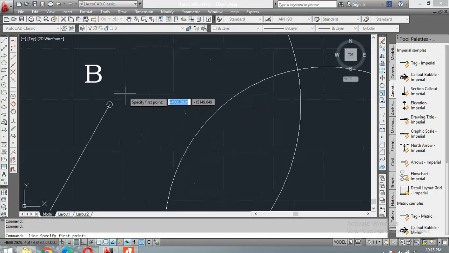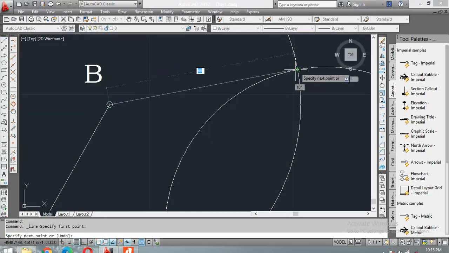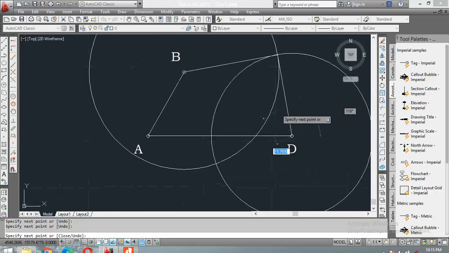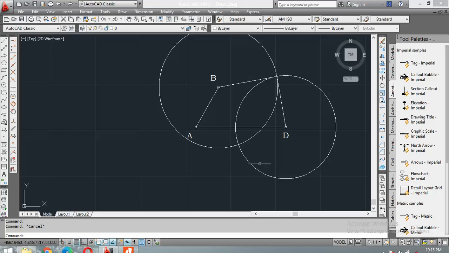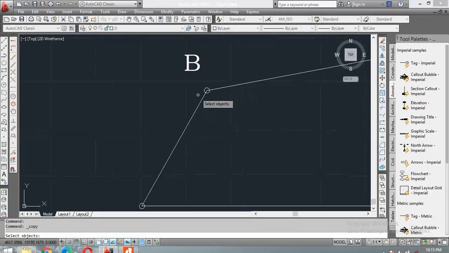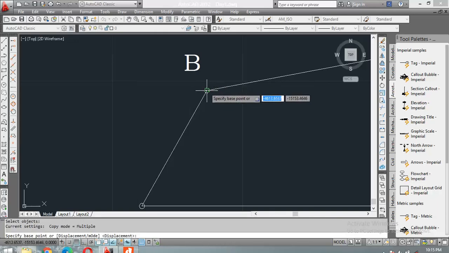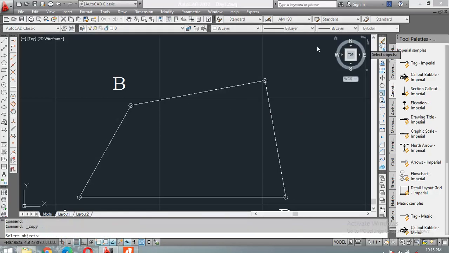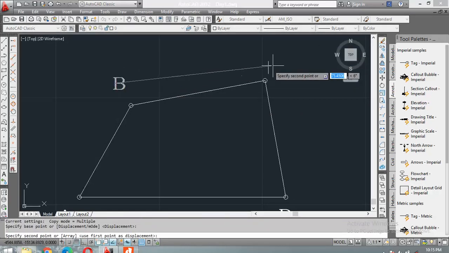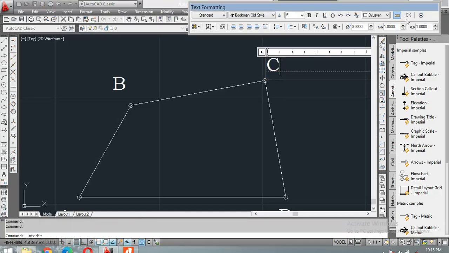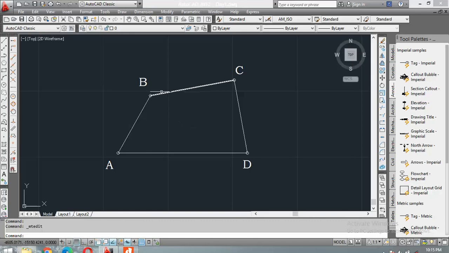So let us mark point C at the intersection of these two circles. And the CD length will also get completed. Now there is no need of this circle, so I am erasing it. This point indicates the location of point D. This point indicates the location of point C. Let me write down point C. So this is point C. So the links are completed to scale. The mechanism diagram is over.